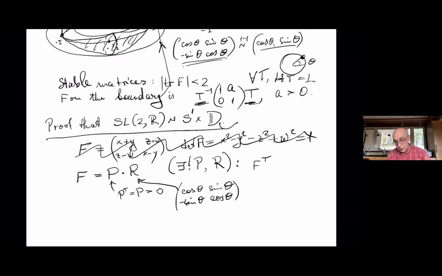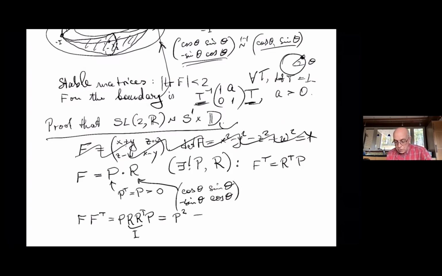Assume for a moment that it doesn't. Let's see what P and R must be. So F transposed is going to be R transposed P. Transposed by P is symmetric, so it's the same. And then we can take F times F transposed. Well, that's PR times R transposed P, but R is a rotation matrix and its transposed is its inverse, so it's just the identity. So it's P squared. So therefore,